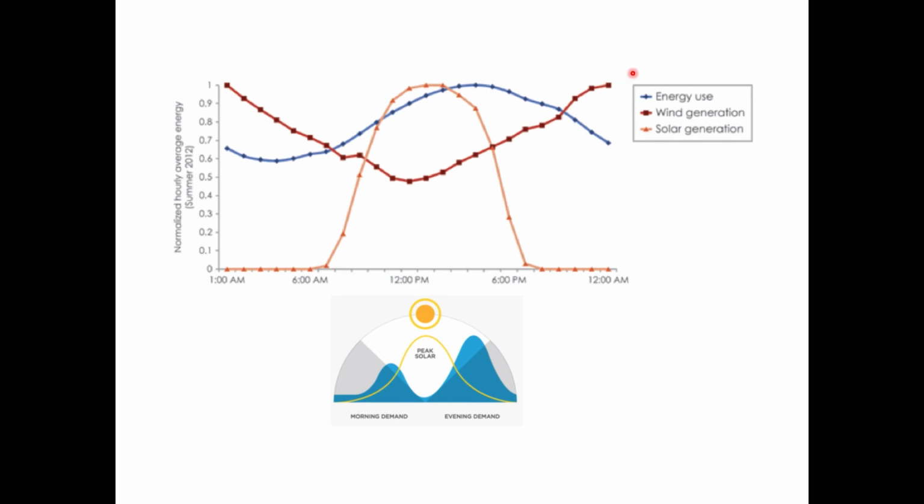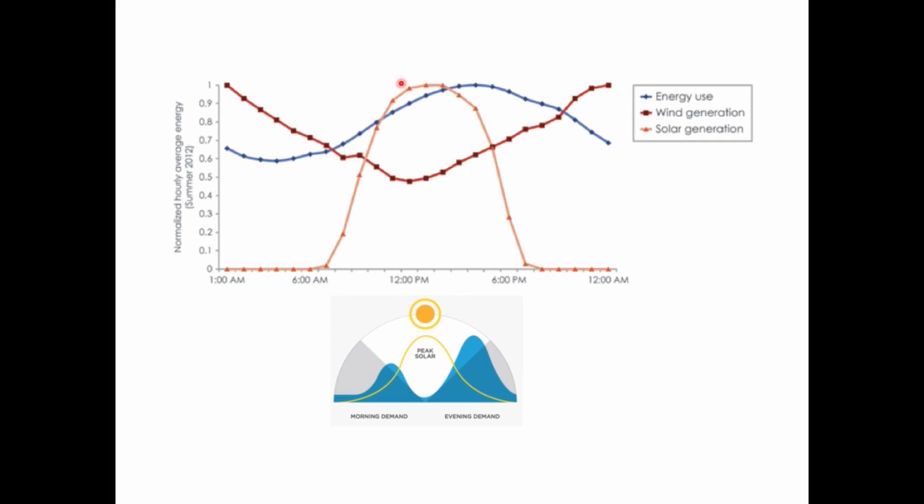So one of the things that we can see when we look at this figure is that wind and solar have the potential to complement each other. When solar is low, wind is high, and when solar is high, wind is low. And notice that when wind is high here on the left side, the amount of wind energy that we can generate exceeds the energy used by humans. And again, over here on the far right side, we can see that the amount of wind energy exceeds the energy used by humans. If we look here in the late morning around noon, we can see the amount of